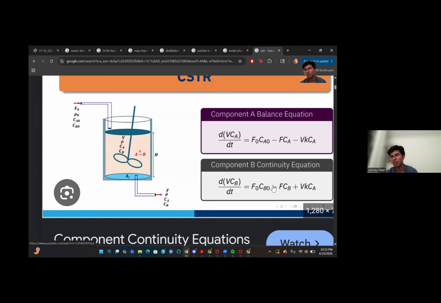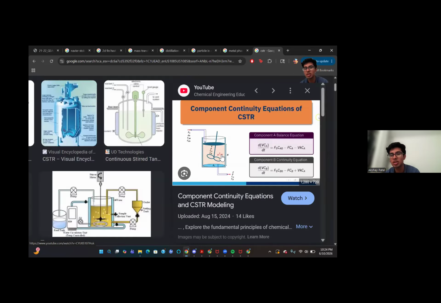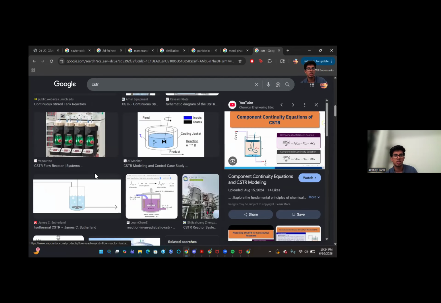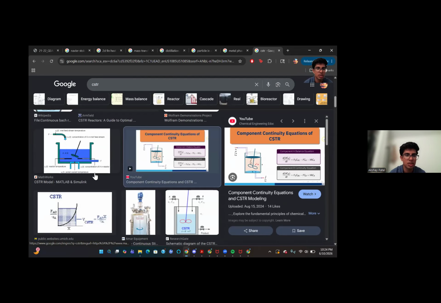Because the amount of A being consumed by the reaction is the same amount of moles of B being generated by the reaction. So that's why these two terms are just the same. It's just one is minus, one's a plus. And so basically that's the CSTR. It's basically in minus out plus the reaction. And so now what is a bunch of CSTRs together gives you